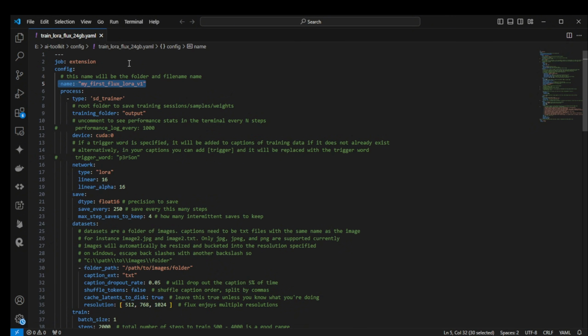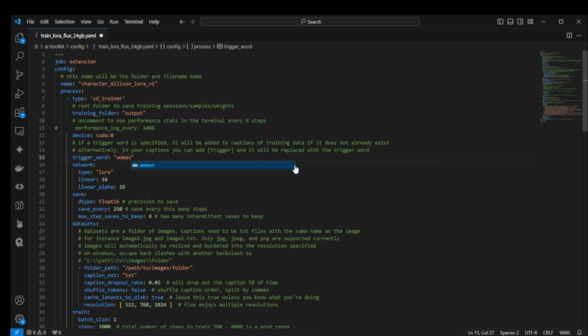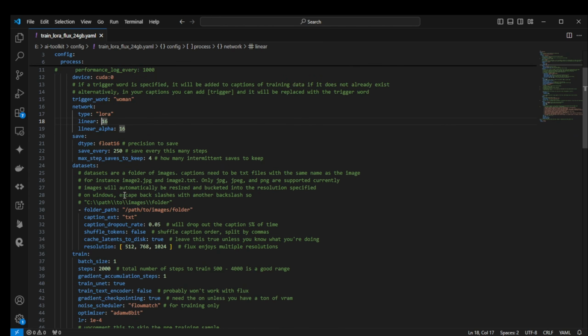In the name section here, I use my character name with LoRA v1, and for the device, if you have one GPU or display card, then just use CUDA 0. That is by default the GPU that's going to be running. I enable the trigger word, which is woman for this LoRA model. So once we type any text prompt that includes woman and connect this LoRA model, it will enable this LoRA